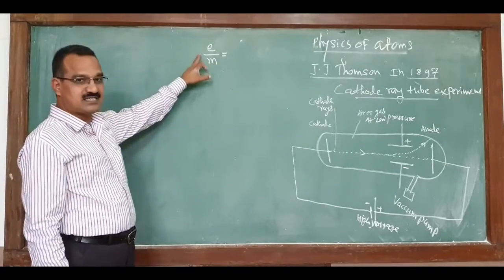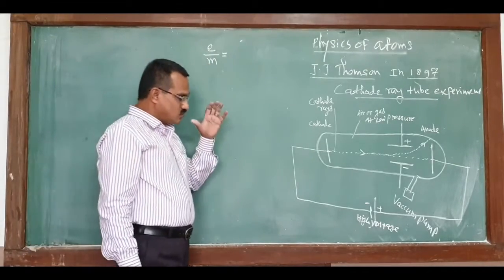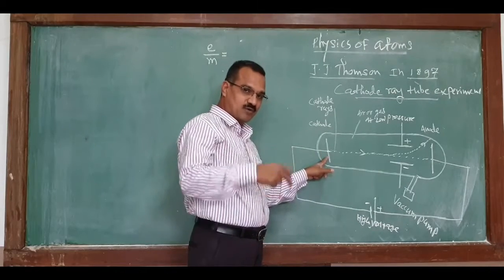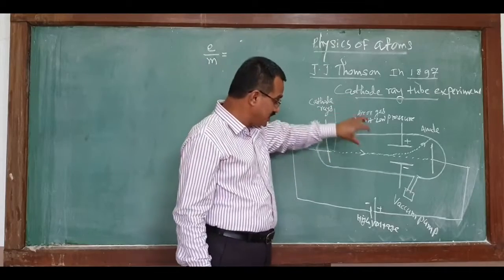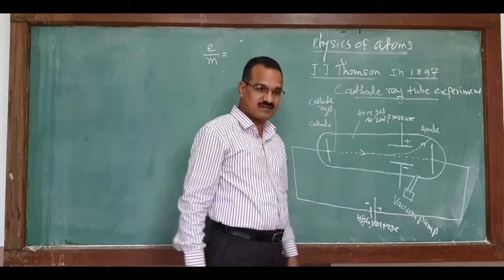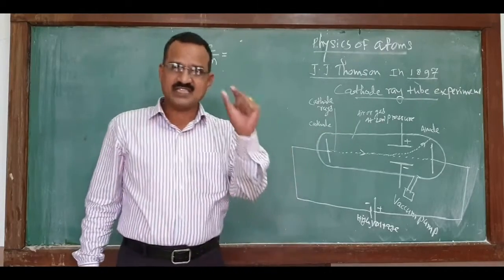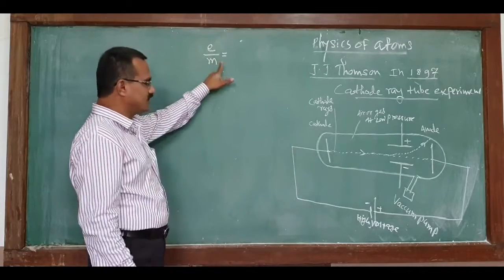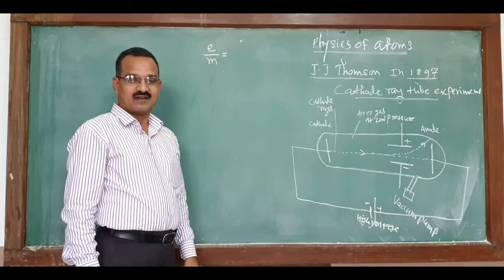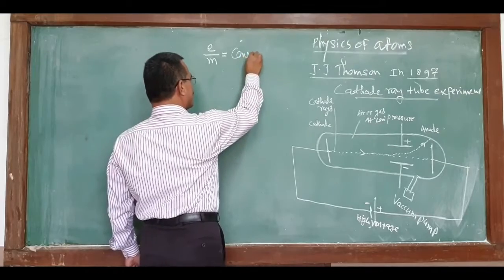For finding the charge to mass ratio of the cathode ray, Thomson changed the material of the cathode a number of times, changed the gas inside the tube a number of times, and performed the experiment repeatedly, and every time found the charge to mass ratio. And it is observed that the charge to mass ratio is constant,